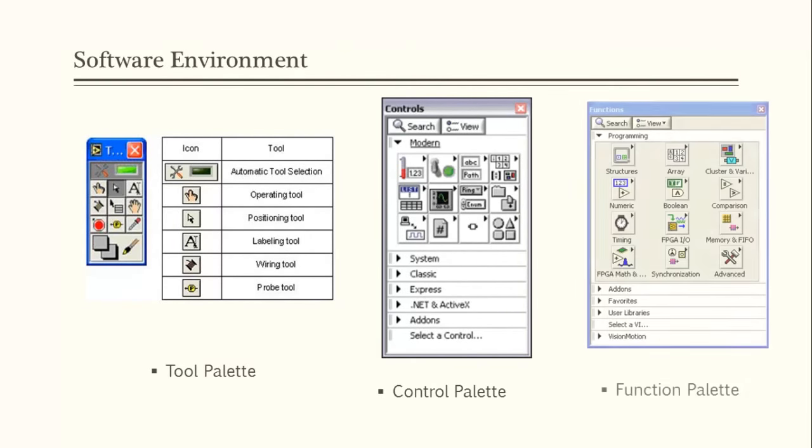Now third one is the function palette. Function palettes are used to build a block diagram of any VI. The function palette is further divided into subsections such as structure, array, numeric, boolean and comparison, and most of the other functions are available in that function section, which is especially used in the block diagram window.